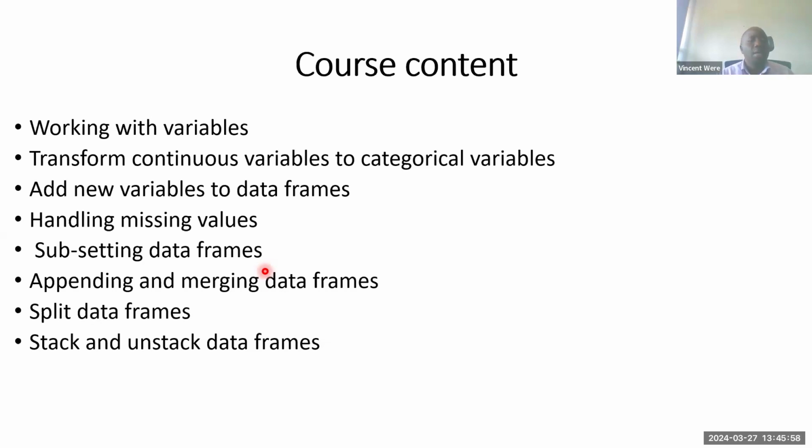What is appending? What is the difference between appending data sets and merging data sets? Appending means putting one data set on top of another, assuming that these data sets are the same. You may collect data from different hospitals, maybe in hospital A, hospital B and hospital C, and you want to put them together. You want to make a long data set. We call it appending. But what people normally call merging